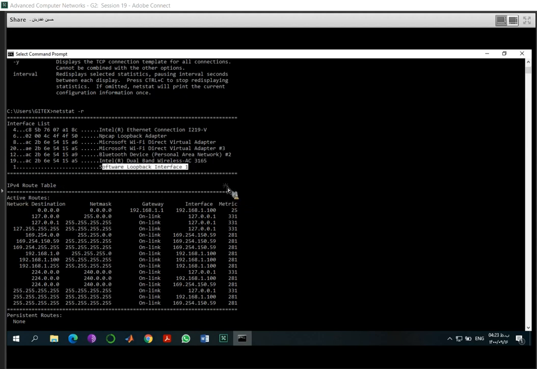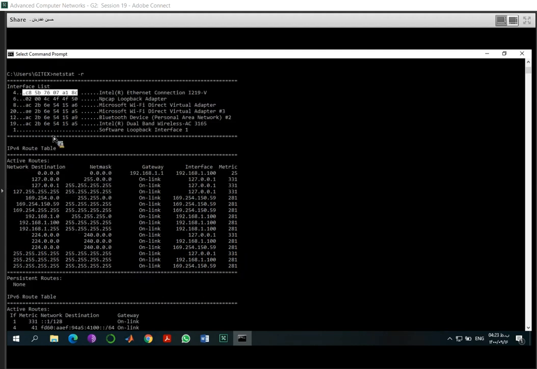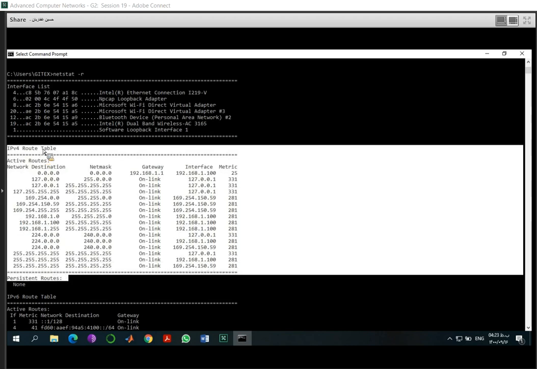For example, here you can see there is a destination address 0.0.0.0, with network mask fully 0. What does it mean? This one here, the first row. Or for example, this one, 127.0.0.1. What is this? I ask you to talk about this one.